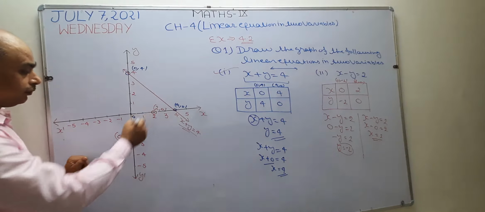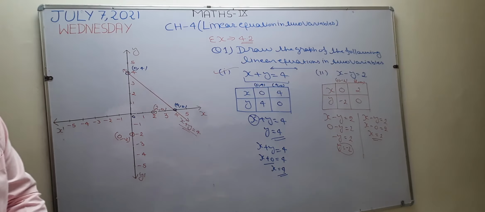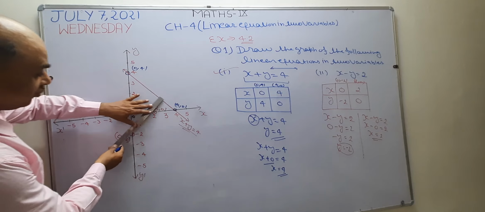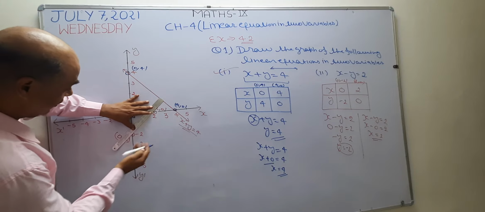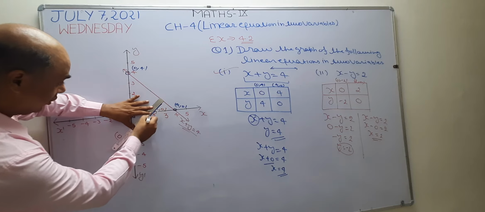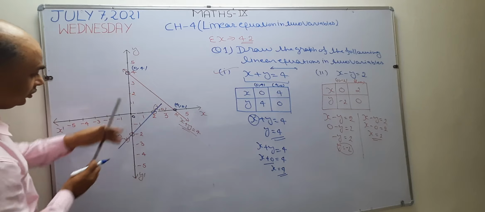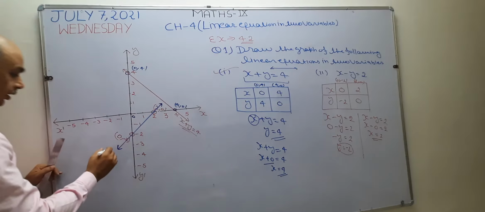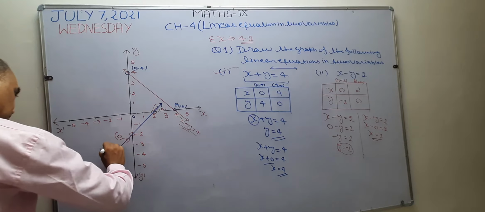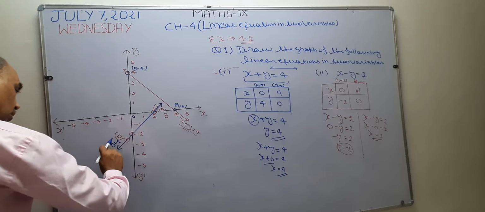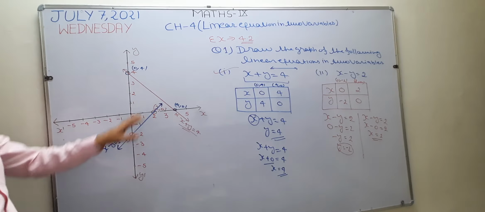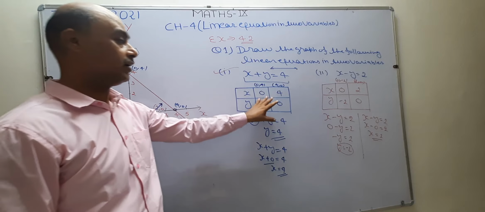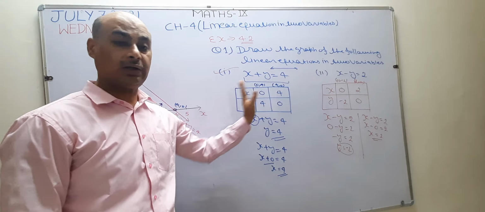Now these are the two required points. Now I want to join these 2 points. When I join these 2 points, this is the required graph line of the second equation. Now see, I want to join this line. When I join this line, this is the required graph line of the given equation. The equation is x minus y equal to 2. Okay, this is a simple method to draw the graph of an equation. A minimum of 2 points is required, and always use the 0 0 method.